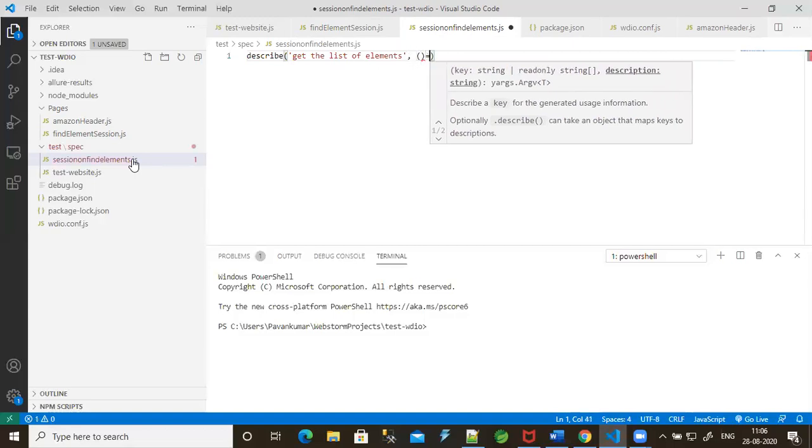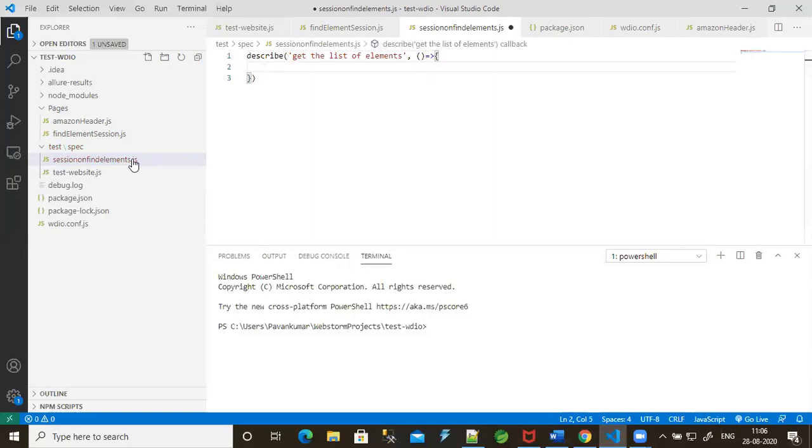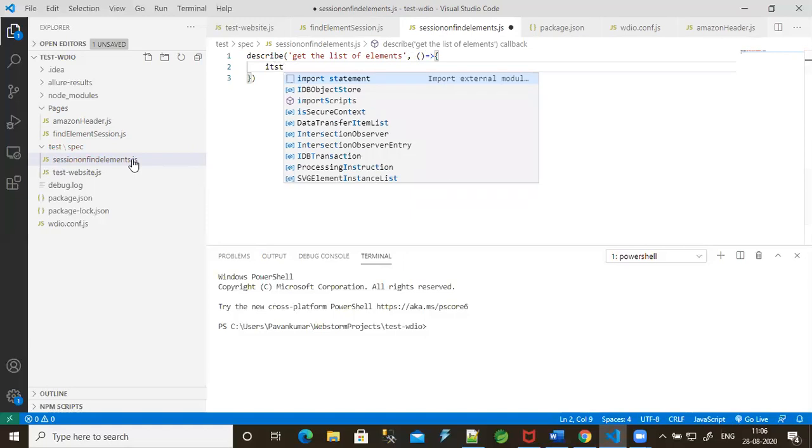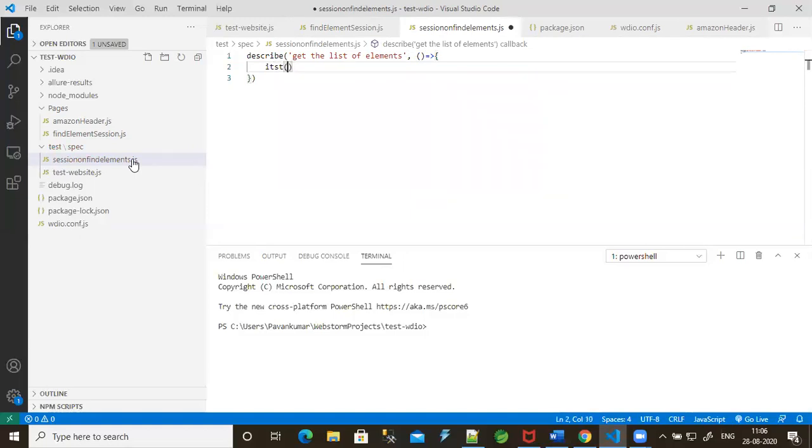Use an arrow function after this. So it has an it. Inside the it, I'm going to mention collect the list of elements. Use an arrow function.